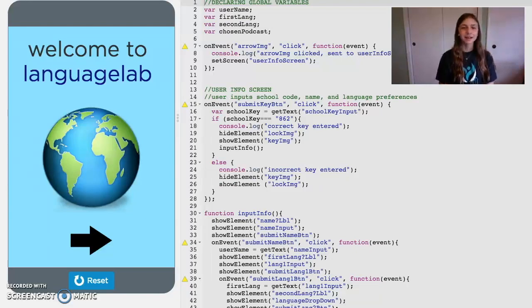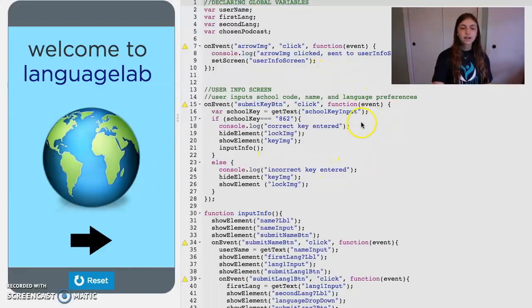I'm from Highland Park High School, and this is my submission to the Congressional App Contest. So my app is called Language Lab, and the purpose of my app is to connect and unite people from around the world by allowing them to meaningfully engage in another language. So this is targeted mostly to students, but really to anyone who wants to learn another language.